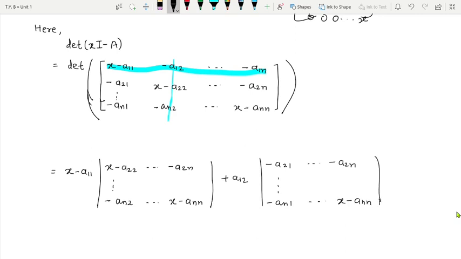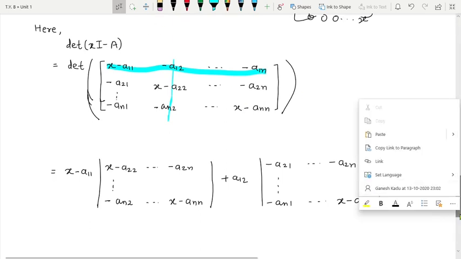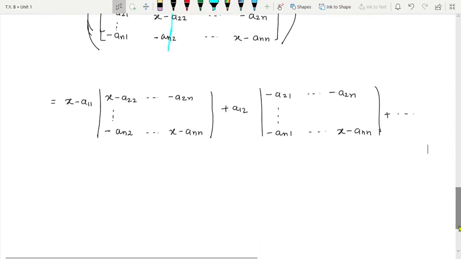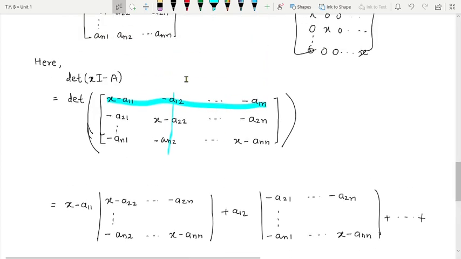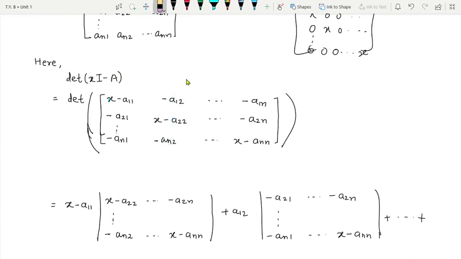Continuing in this way, next term is going to be plus and so on, and last term we are not sure about because we don't know what n is. So it depends on what the value of n is. So I will write it as plus minus 1 raised to n and determinant of, right? Now just let me see whether I am able to erase it or not. Yeah. Now over here, what will be the last term? We are going to delete this naturally first row and what? The last column. So what are we left with?